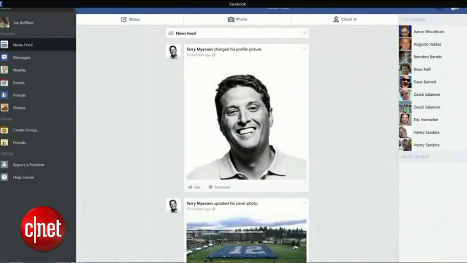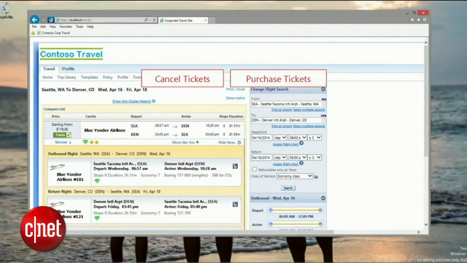There's Mail, there's Facebook, or I can switch back to a Win32 app like IE, and the desktop is brought up. I no longer have to think about a different switching model for apps, whether they are Win32 desktop apps or modern. And I want you to keep in mind,